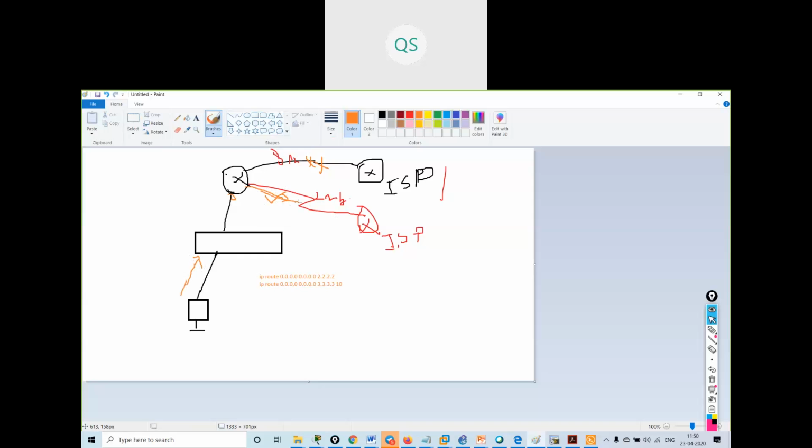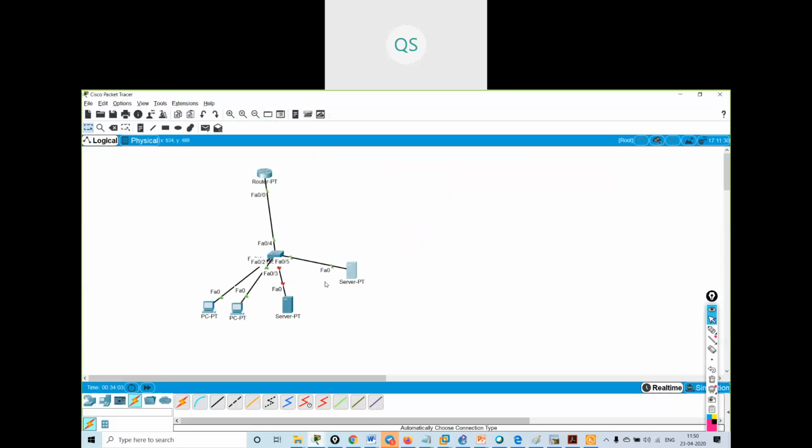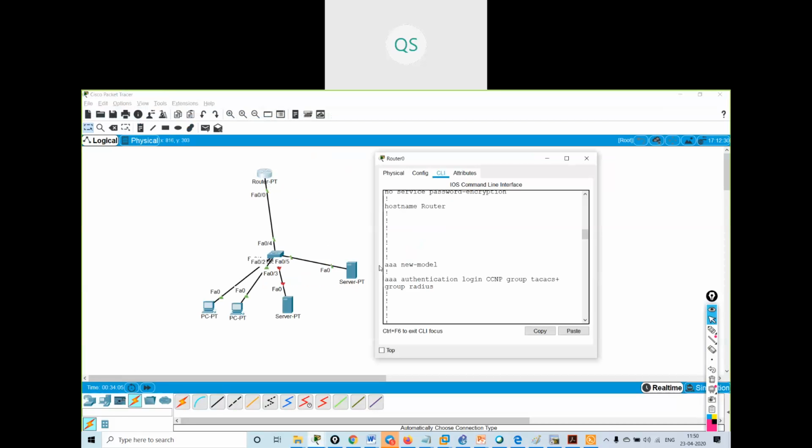They will get access through this link and ISP2 will take charge, but they will get the 2 Mbps bandwidth. So we can configure it like this. If we have a two-ISP network, we can configure these things. See, we are having an option over here.